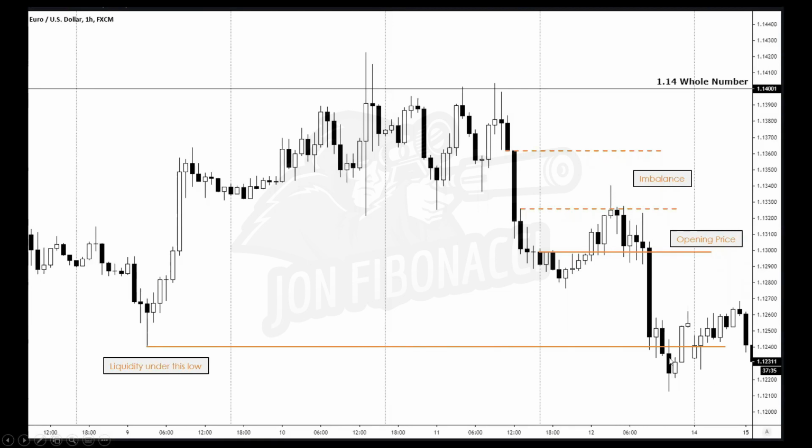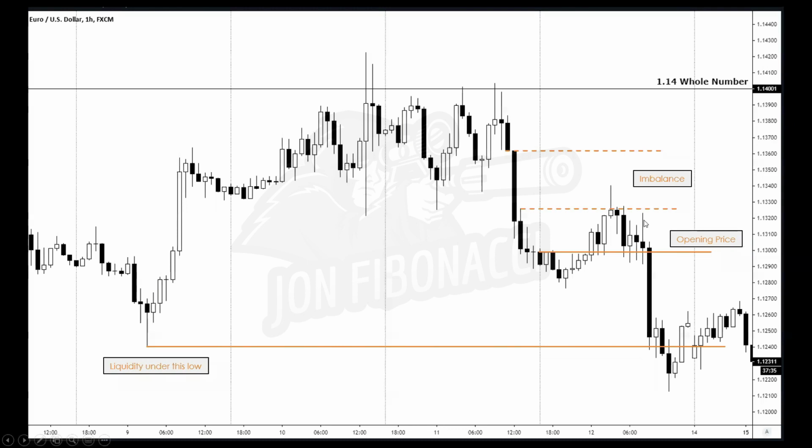But maybe you took 80% off, right? Like let's say you had a standard lot. Maybe you took a 0.8 off down here and you let that other 0.2 run just in case we do happen to go lower. Okay, maybe that's also something that you could have done. All right. So basically, that is shorting above the daily open in bearish conditions, right? We were conditioned to go lower based off of this rejection, based off of the break of structure, based off of liquidity resting under this low, getting in on a smart money concept,